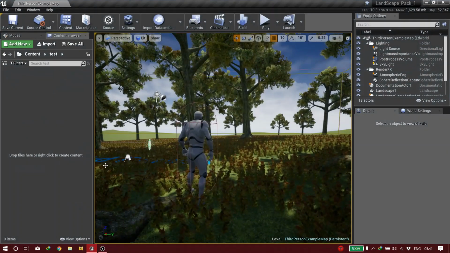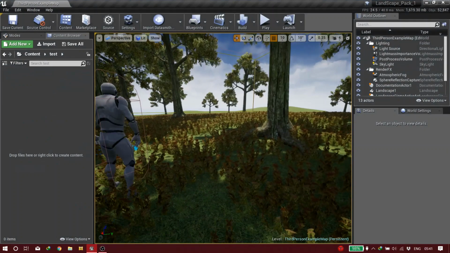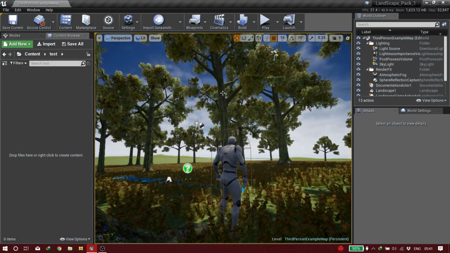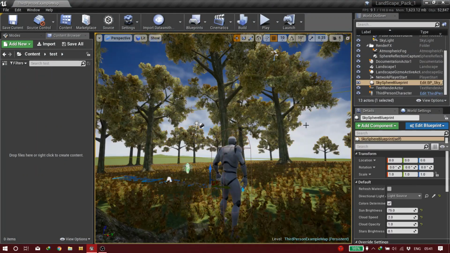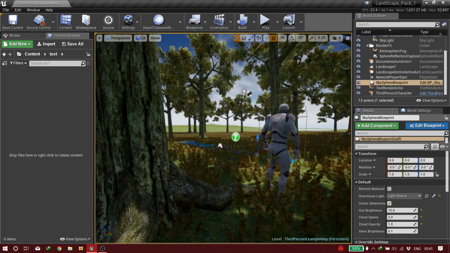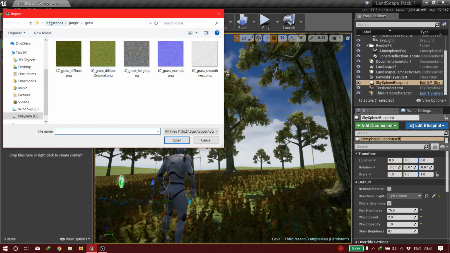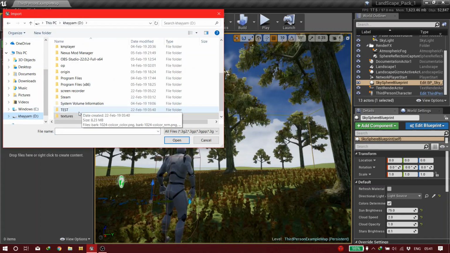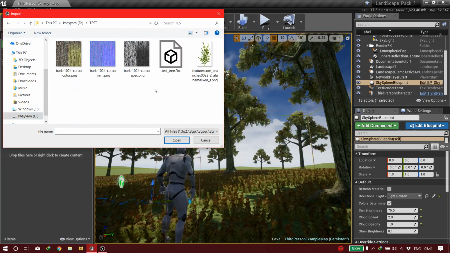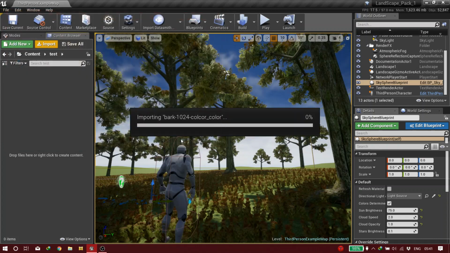Now let's get into Unreal Engine. So you see this, I made all of this with the treeIT. These flowers and grasses, these trees. It's really cool. So we made a folder inside Unreal Engine. We called it test. Now we import them, and to show you how to import them, test folder. So select all of them, open them,